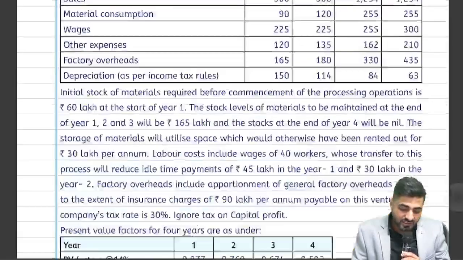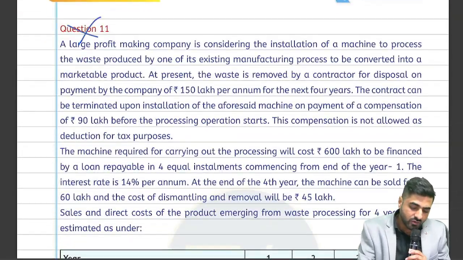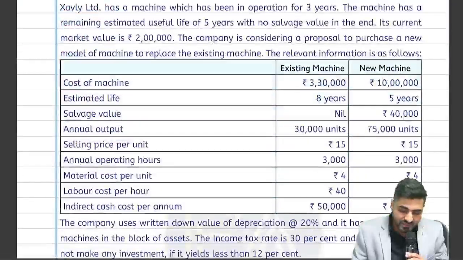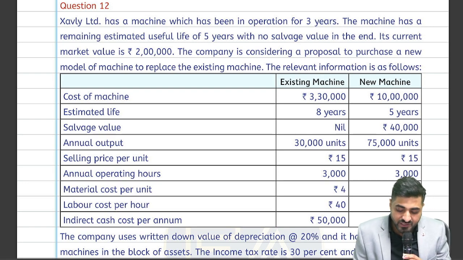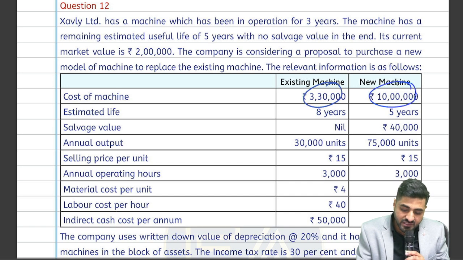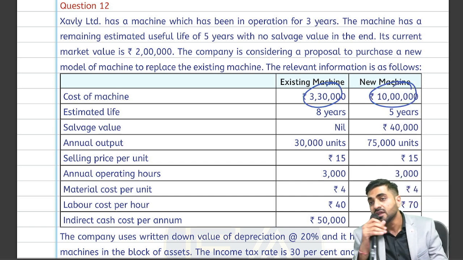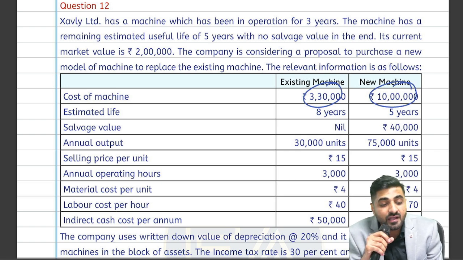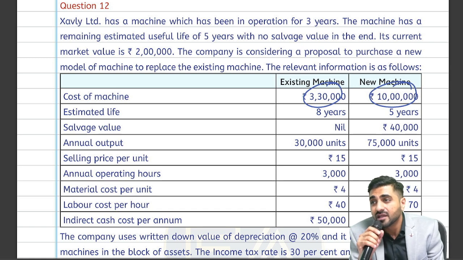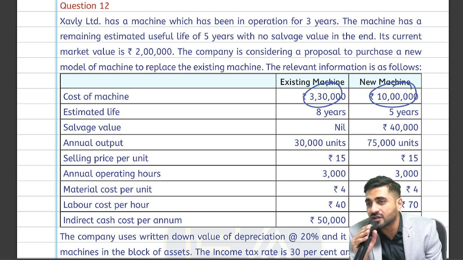Then question number 11, you can completely ignore it because we have done that particular question. So on that basis you will be okay. Now see, this question is also about replacement. Can you see there is an existing machine and there is a new machine? Again, the concept remains the same in replacement. What happens in replacement? The old machine needs to be replaced with a new machine. So we have to first see what is the cost of the new machine, and how much we are getting for the old machine,